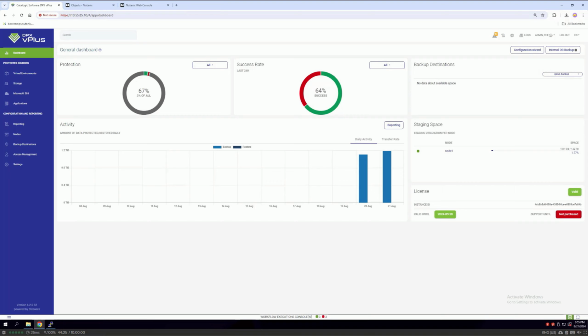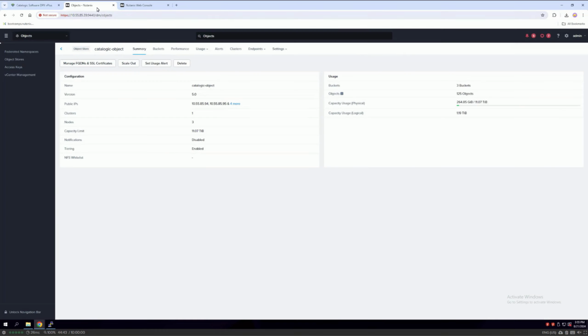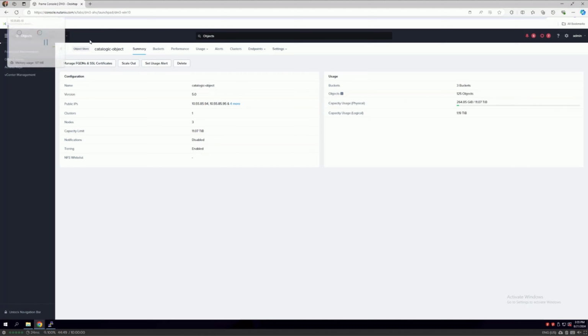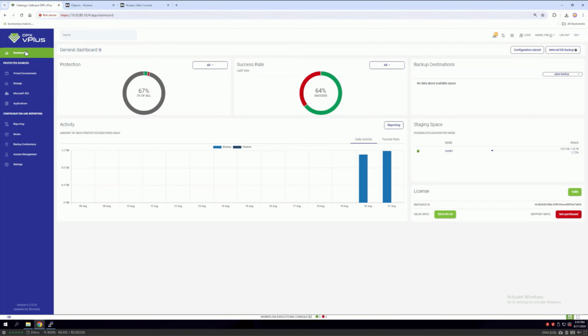So before I get started, let me give you a run through of the environment that we'll be using. So we're actually connected to Nutanix Labs at this point. We're running our DPX vPlus server in the Nutanix Labs itself, from which we can access the vPlus server from the UI. Here I can access my Prism Central server, and I can also access my Prism Element servers here as well. So let us jump into vPlus and talk about some of these different elements that we'll be configuring